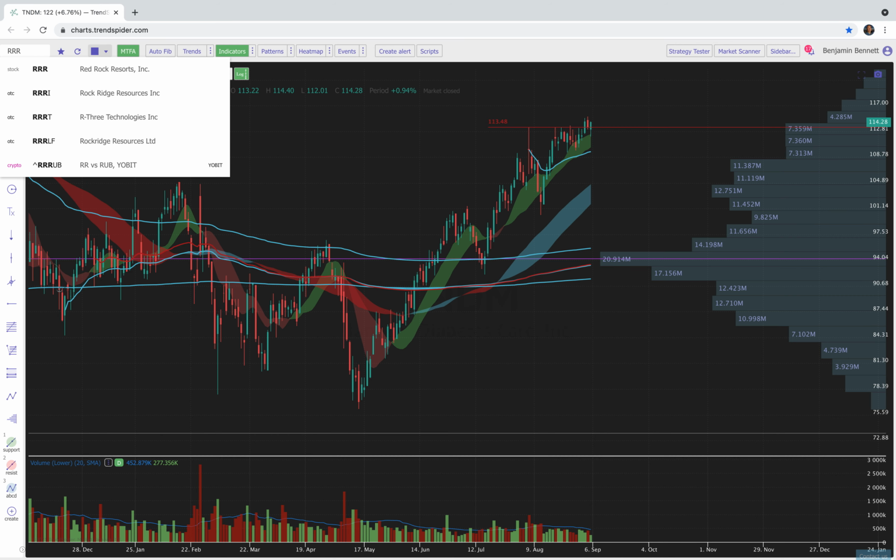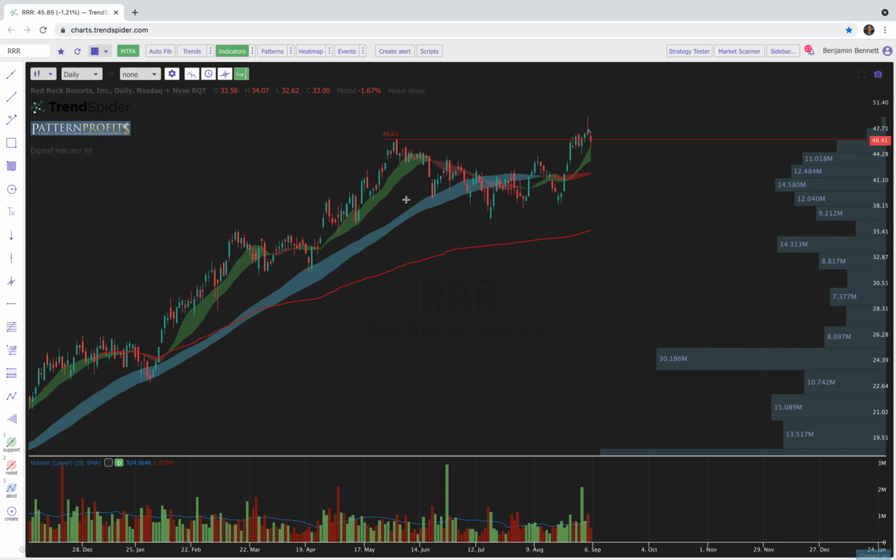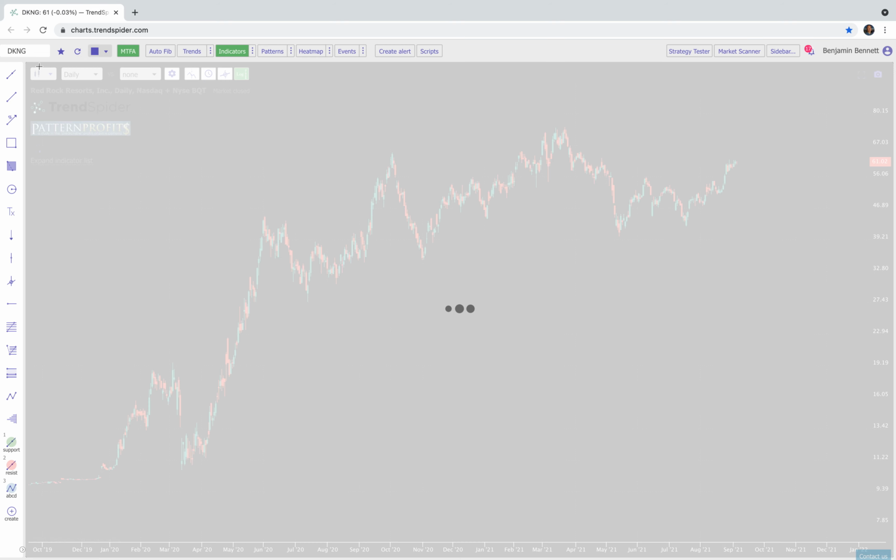I also have Red Rock Resorts, RRI. Football season about to start. You'll see a theme here. Cup pattern, high handle putting in here. You have a 46.61 pivot. So just want to see if it can reclaim that pivot, turn to the upside, kind of thinking along the same lines. DraftKings,